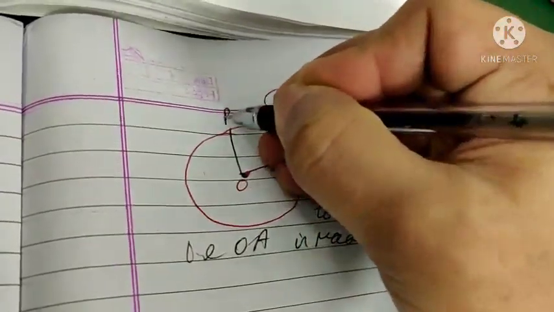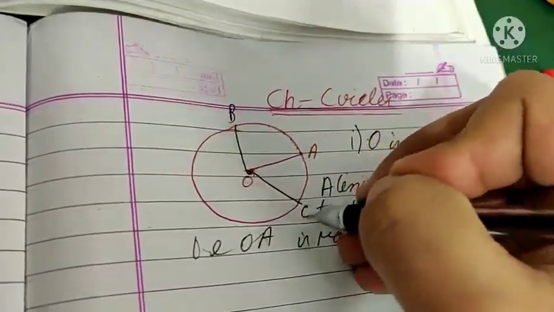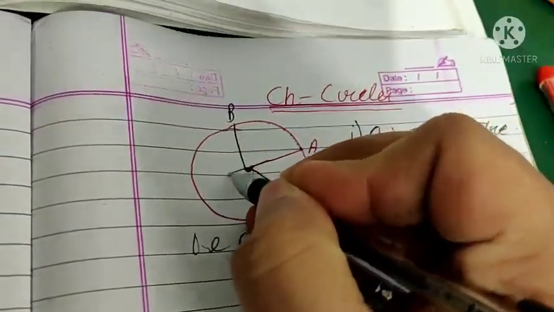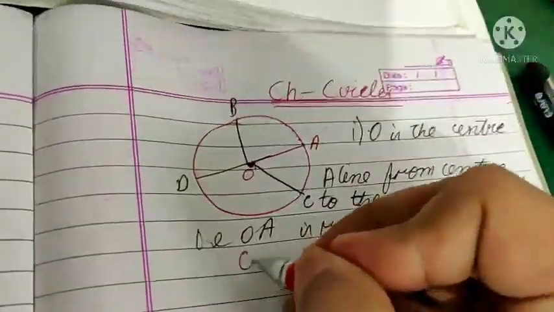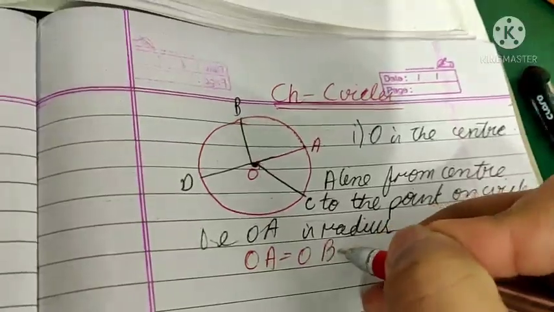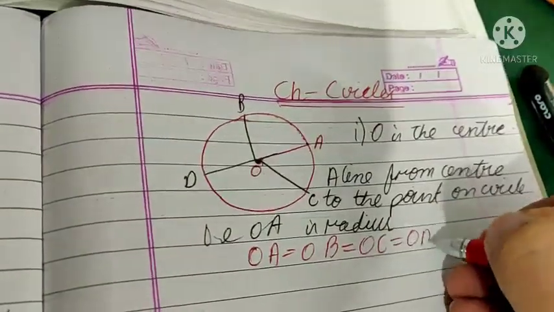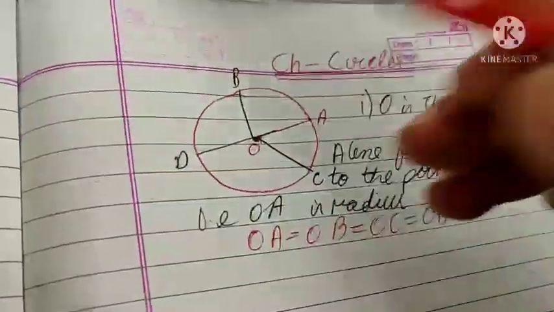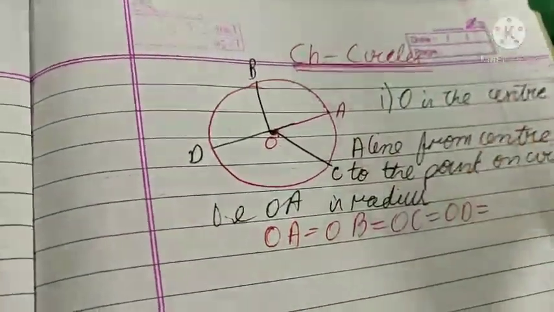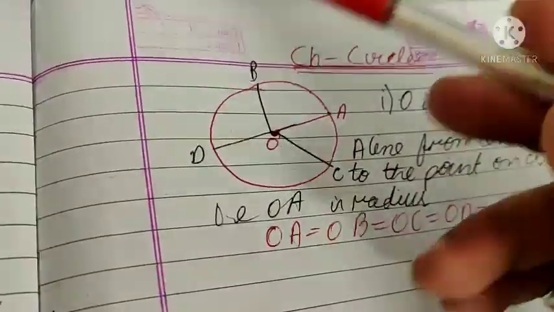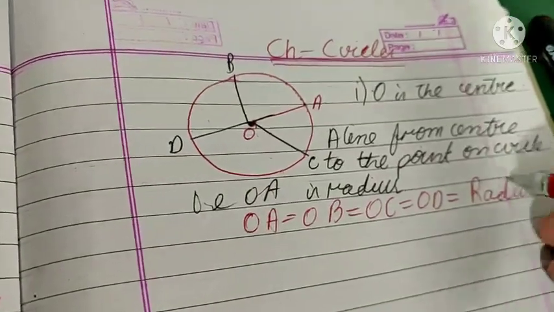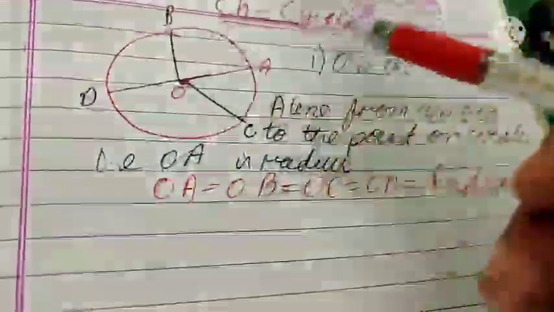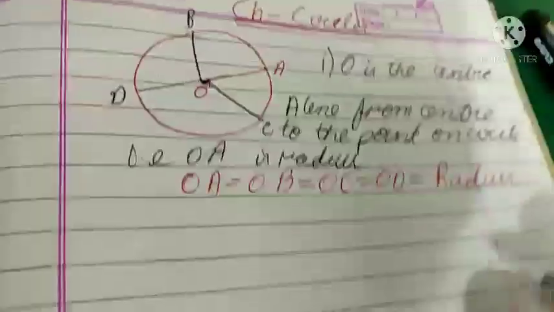If we draw this line B, this C, and this line continues back here at D. Okay, here OA, OB, OC and OD all are equal, as all are the lines joining the center and the boundary of the circle, and it is the radius, and the radius of a circle in all the directions is the same, so all are equal. Okay, and these are called radius.